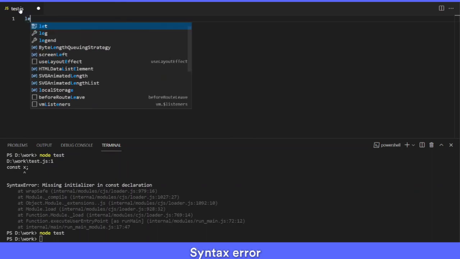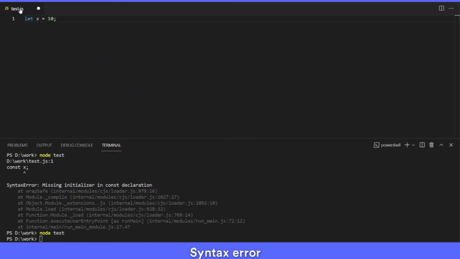So whenever I'm trying to do this, it is basically me trying to assign value 10 to this variable. A single equals operator will assign the value to its identifier. If I add this and remove this let declaration, so if I'm using a double equals operator, it means that I'm trying to check if the left hand side value is equal to the right hand side value. But if I try to use this single equals operator, I'm basically assigning the value on the right hand side to the identifier on the left hand side.